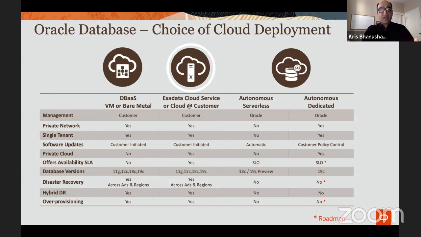As you can see, this is a very busy slide, but to summarize, what it means is that all the way from commodity class virtual machine-based databases to autonomous databases that run on your own dedicated platform as a private cloud in a public cloud offering or at Cloud at Customer, there's a wide choice of database services so that you can make your journey, basically.